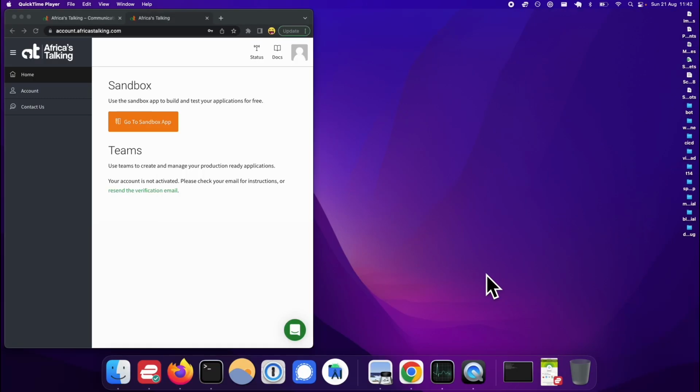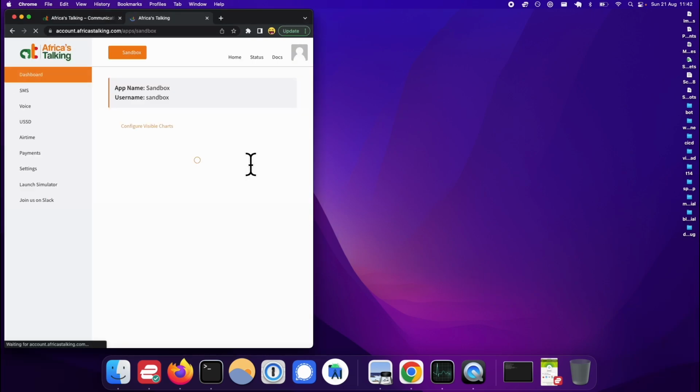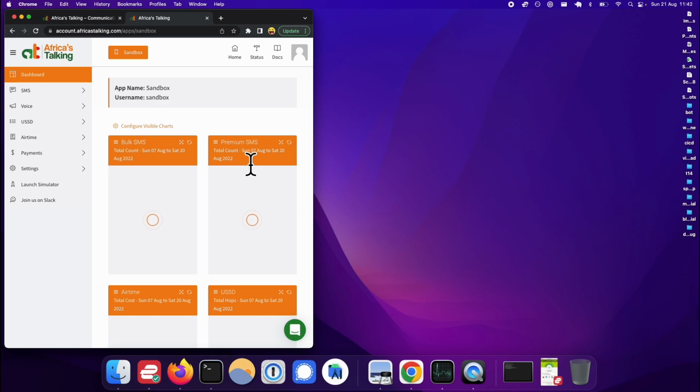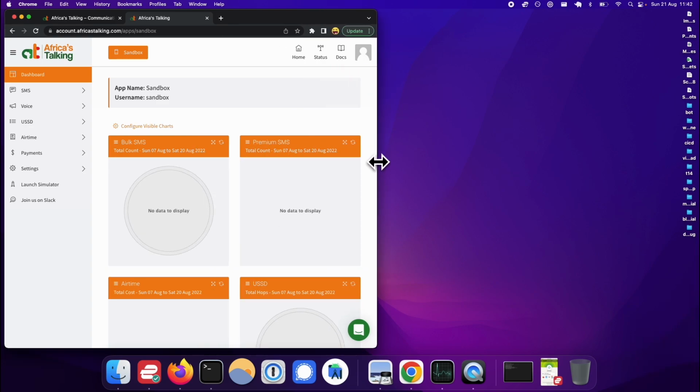So what I've done is I've set up an account. I just basically went through their website and created my own account. And then they have this section called the Sandbox. And I think this is pretty nice because it allows you to